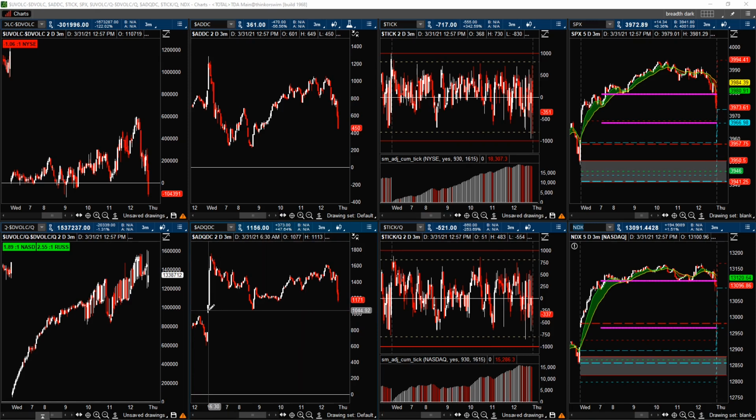And you see that the Nasdaq came open with a gap here somewhere around this 1,000 issues, 1,000 more advancing issues than declining issues, and came up to close to the 1,800 level, and then came back down, and chopped around and came back up to the 1,600 level before settling down with 1,171 more advancing issues than declining issues, and